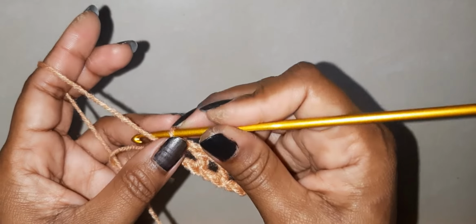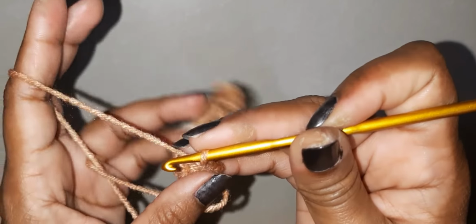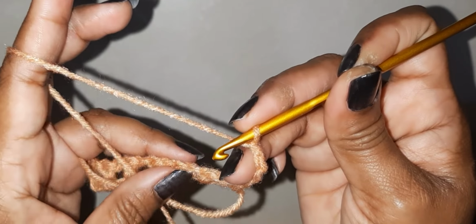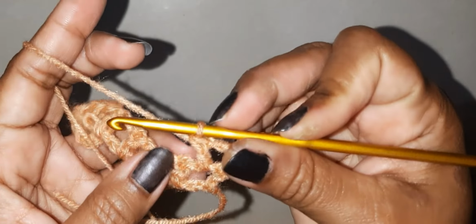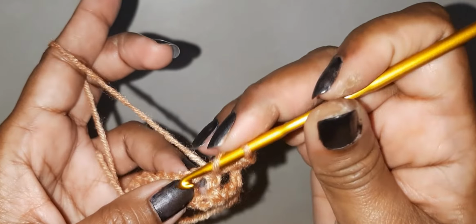So in order to start row 2, I will chain 3, turn my work around. Now I will be working in each of the chain spaces. So I will wrap my yarn around, insert my hook in the chain space and do a double crochet. I will chain 1, wrap my yarn around, double crochet, chain 1,